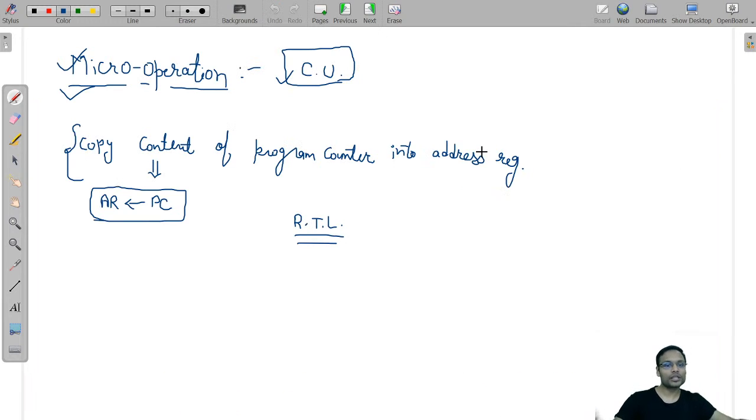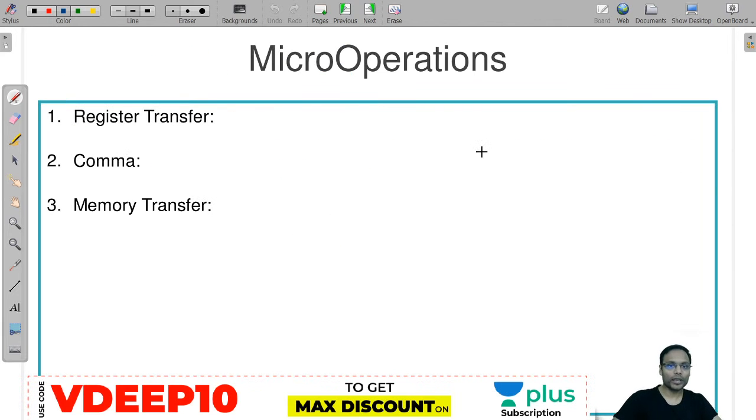You might ask, sir, where can we find a compiler for this? There is no compiler for this, nothing. There is no assembler or compiler for this. You can't execute it on a CPU. It's just notation.